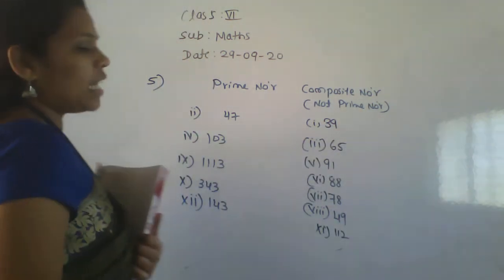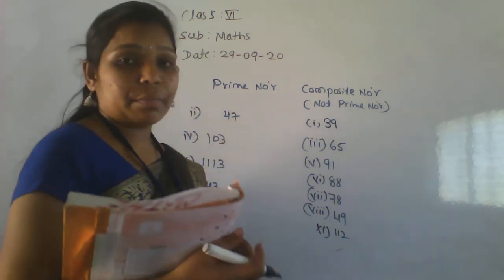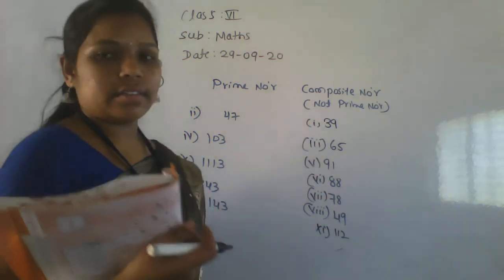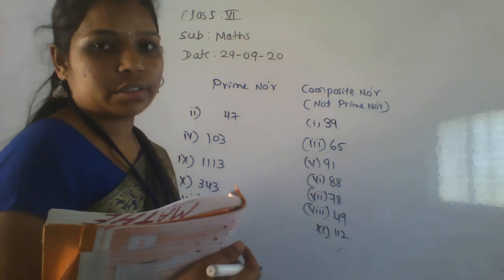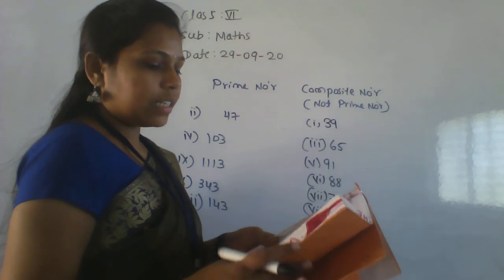So I just divided which are the composite numbers and which are the prime numbers here. They told us to write only the composite numbers. So this is the answer. I wrote the extra part here. That is for your knowledge. Getting it? Okay. So next, go for the sixth main.